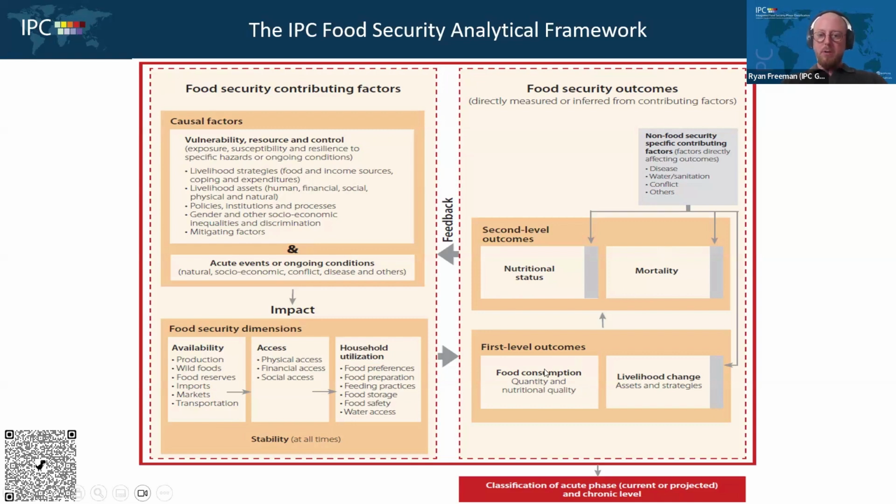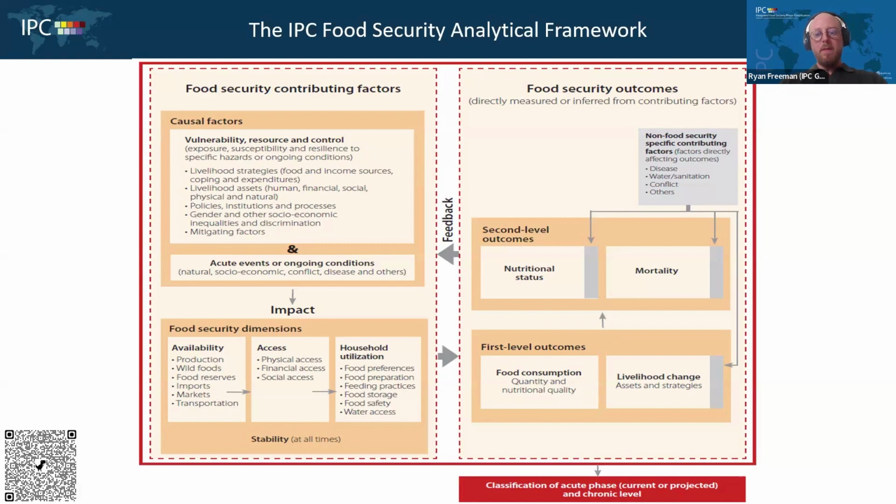We'll have a session in just a little bit where we dive into some of these indicators, and you can also let us know which indicators from food consumption or livelihood change that you're most interested in talking about, and also on the second level outcomes. So when we're in our first level outcomes of food consumption and livelihood change, as a household, if I am consuming a certain level and if I have adapted certain strategies or employing certain assets, what does that do? And this brings us to our second level outcomes. What does this mean in terms of my or my family's nutritional status? What does this mean in terms of the mortality or excess mortality that may or may not be happening?